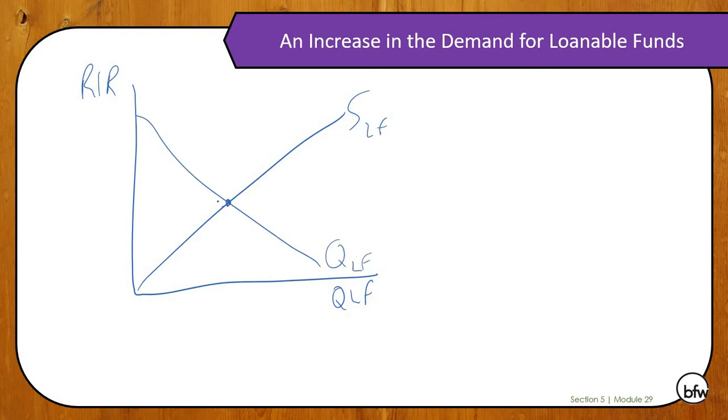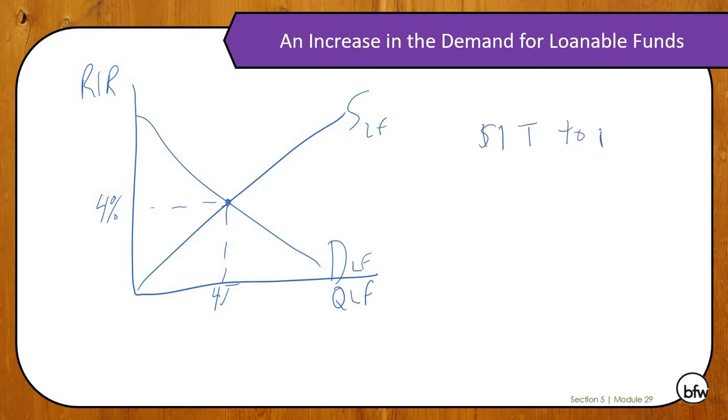All right, let's say that the current interest rate is, I'm just going to make up a number here, 4% for borrowing money. And at that interest rate, there's going to be $4 trillion worth of money borrowed. That should say demand for loan funds. There we go. All right, so let's say that the government decides that they are going to borrow $1 trillion